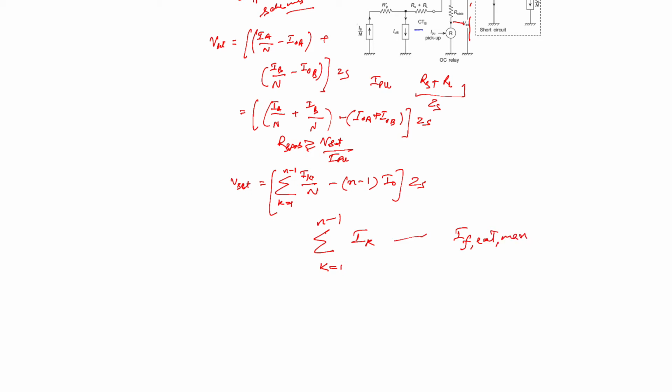Now, up to which the differential scheme remains stable. Therefore, if we neglect the magnetizing current, that is I naught, in that very case we can write V set is equal to IF external maximum divided by N into ZS, as we are neglecting I naught. And the preceding equation gives the value of the maximum external fault current up to which the differential relaying scheme remains stable. So from this equation we are getting